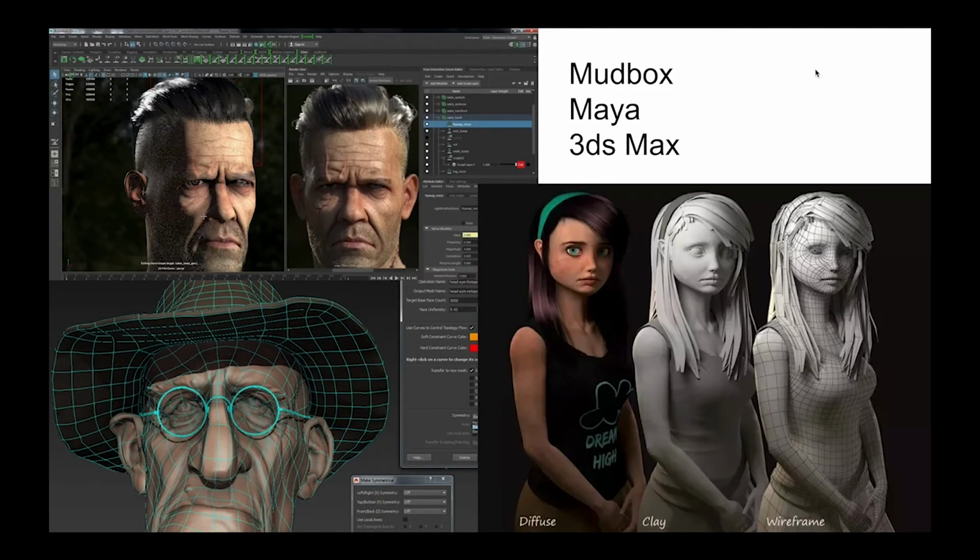So this is kind of the other end of the spectrum. This is an example of a company that managed to identify the problems of their users so thoroughly that they were able to create 3 distinct softwares that to somebody untrained would seem to do the exact same thing. In the upper left-hand corner, there's a software called Mudbox. In the bottom left-hand corner, there's one called Maya. And in the bottom right, that one is called 3ds Max. And each one of these programs is used for making 3D models and can be used for making 3D models of people.